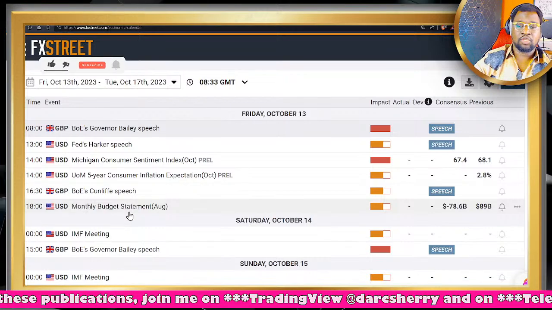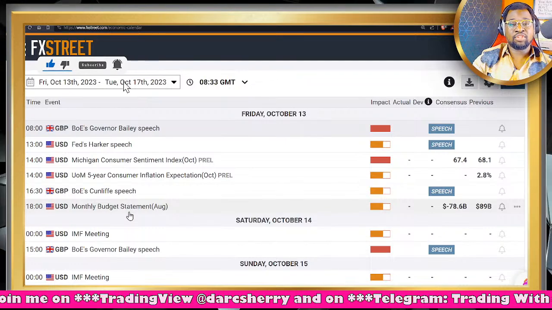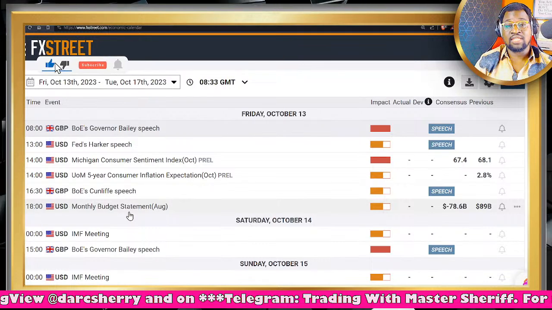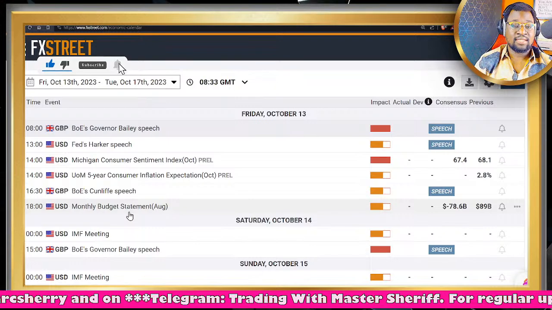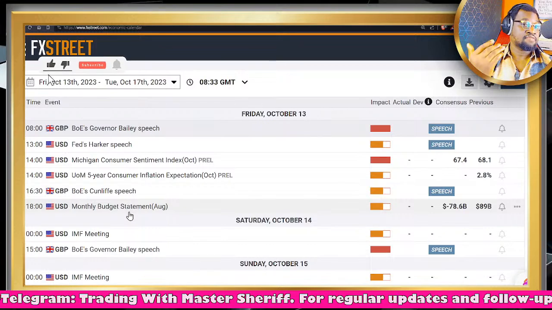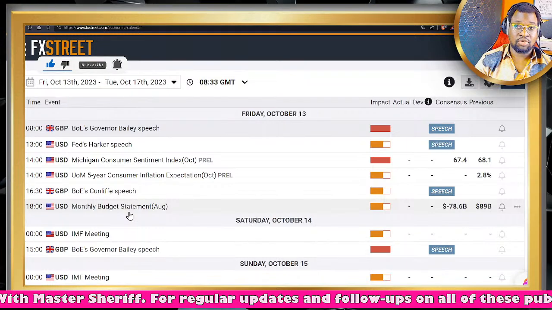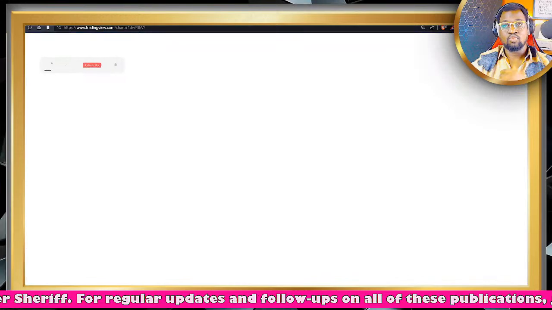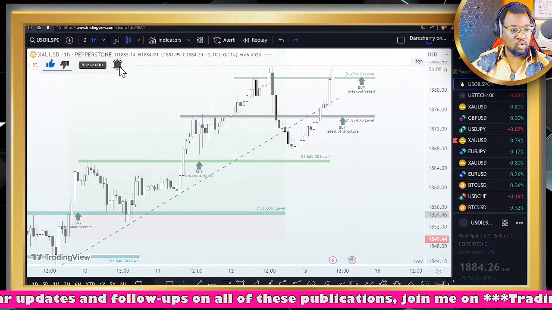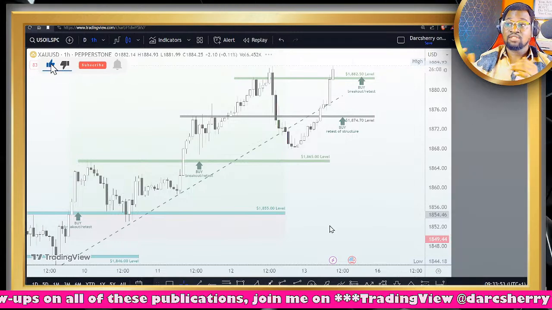So with all the information we have gathered here on the economic calendar, as technical traders, what we are going to be doing today is to sniff through the current market structure from a technical standpoint. And of course, we understand that the anticipation of this event alone has a tendency of influencing market sentiment, which will be reflected on the chart as price action. So talking about price action, let's move right into the chart. And the first asset we are going to be looking at today is going to be the US oil spot.